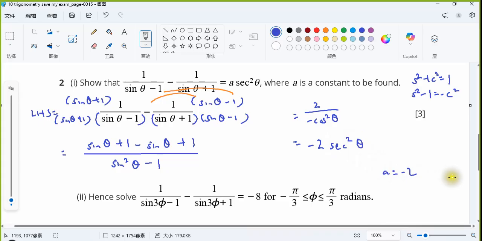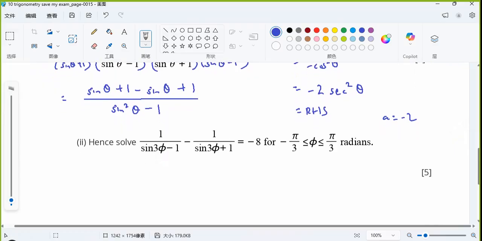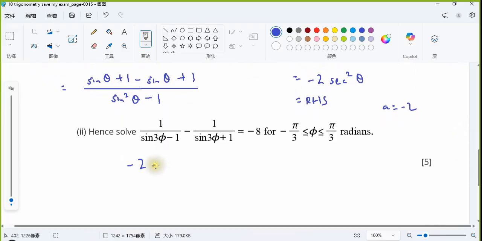So A is negative 2 here. Right hand side, negative 2 secant squared. And then hence, this will become negative 2 secant squared 3 phi equal to negative